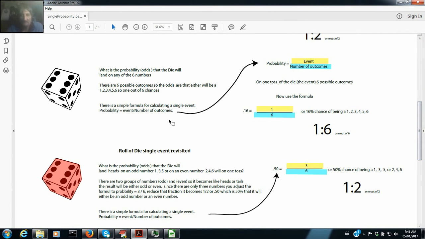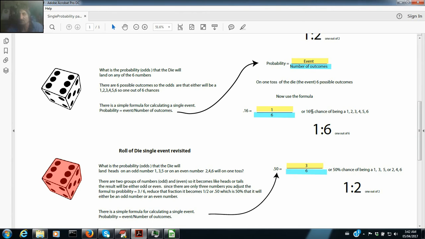The roll of the die, same idea there. You have 6 numbers, or your number of outcomes is 6. So the chances of any one number is once, because it can only land on one number. So your number becomes 1 over 6. And here's what it looks like, 1 over 6. You follow your formula, divide your event over the number of outcomes, gives you your probabilities. Event, outcomes, division gives you 0.16